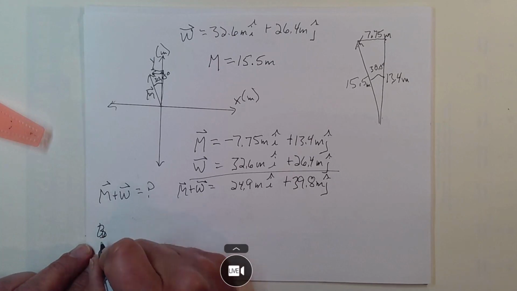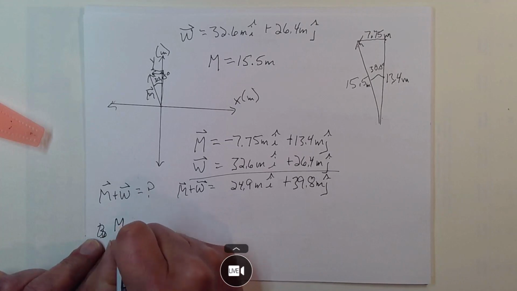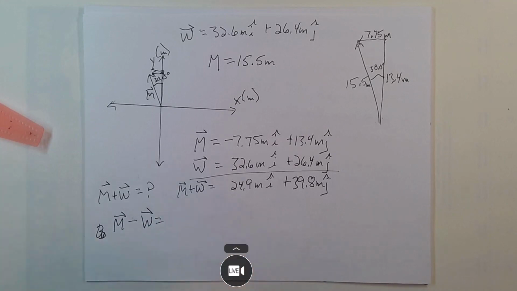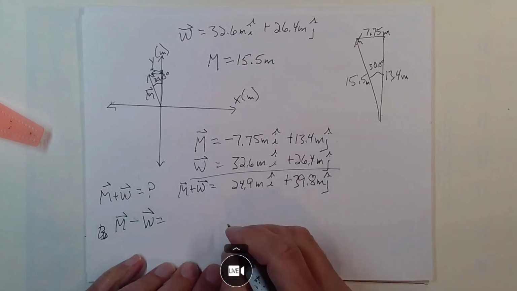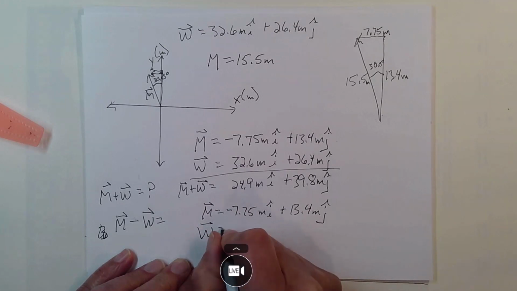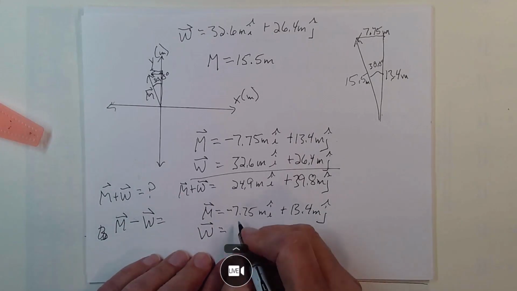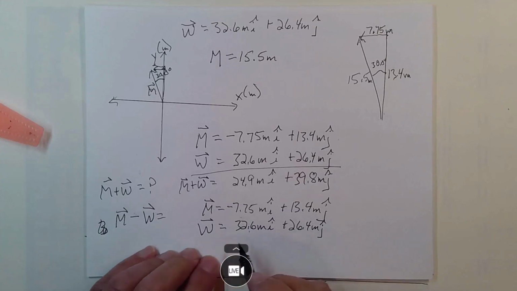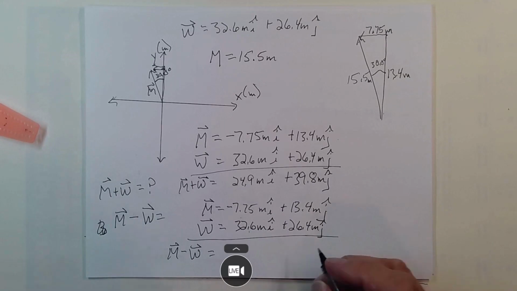No, wait. Let's go M minus W and see what that would be. Well, again, I can just write this and write that and then do the subtraction. I'm just going to write W here. I guess I could write minus W and add it, but I can also just do straight subtraction here. Minus 7.75 minus 32.6 minus 40.4